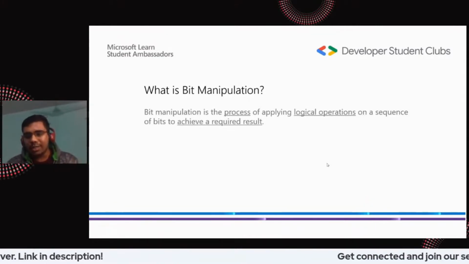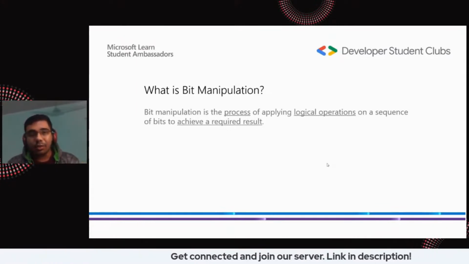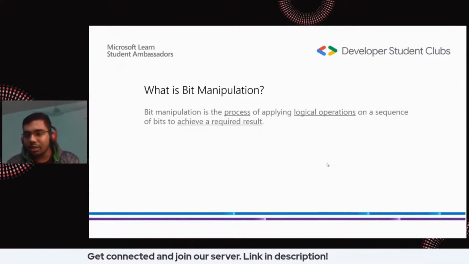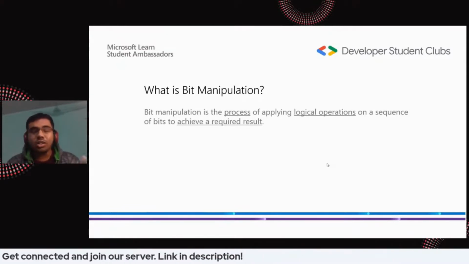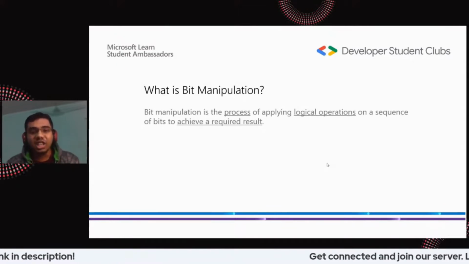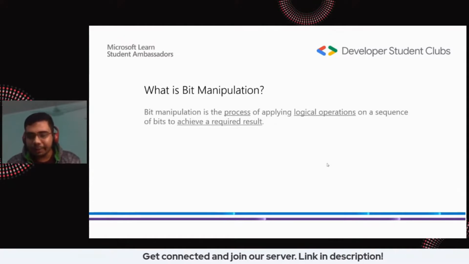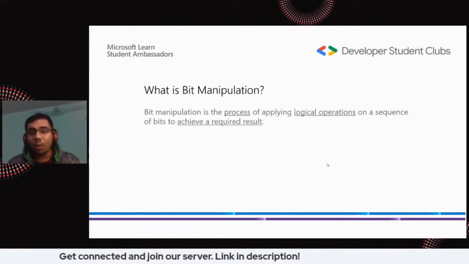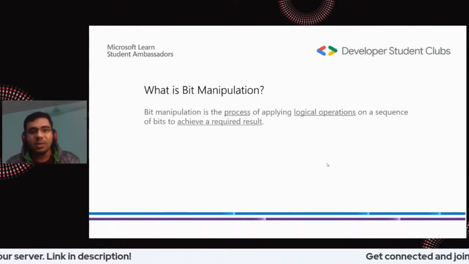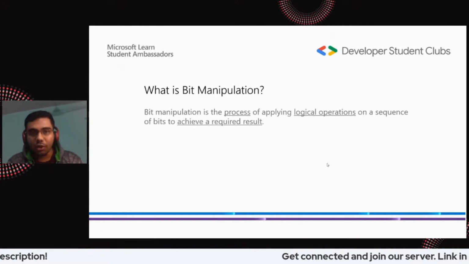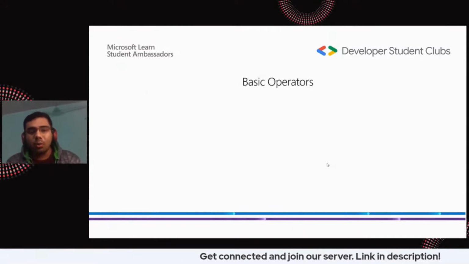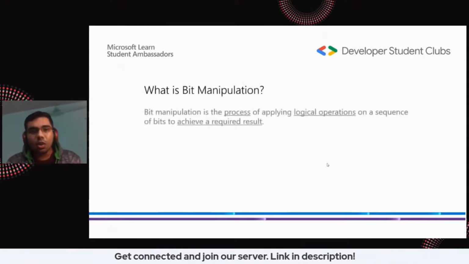We need to know that bit manipulation is used in some low-level devices when we're controlling them, and it is used in error detection. It is used in correction algorithms like parity checking. Bit manipulation is extremely useful in parity checking. When you are working with optimization, data compression or encryption algorithms, bit manipulation is actually helpful for you.